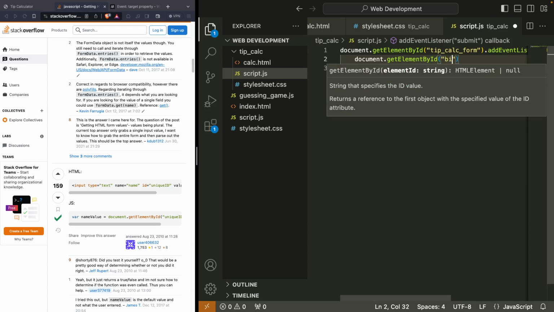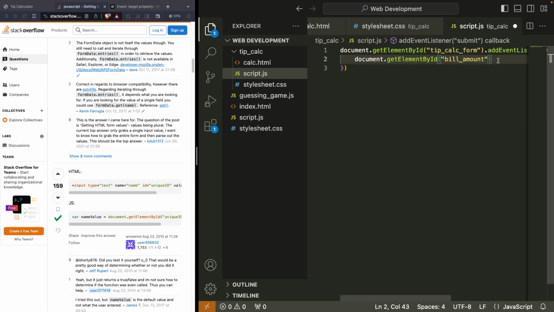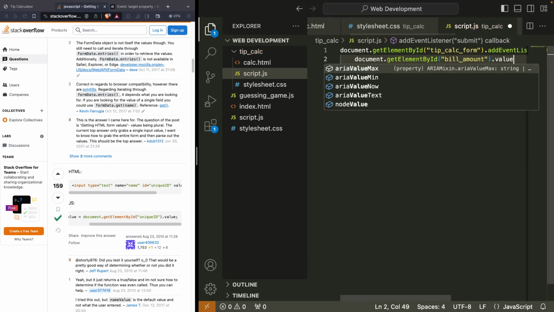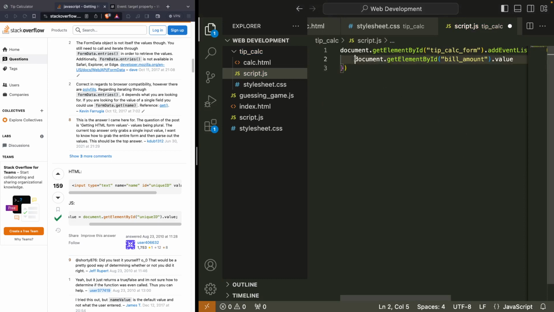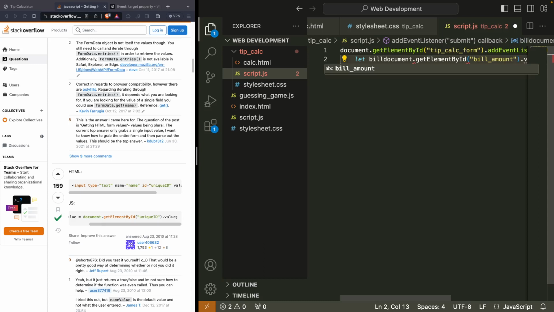We have billAmount, and we can get that value. And one of the things we want to do is save that to a variable. So we'll say let billAmount equal